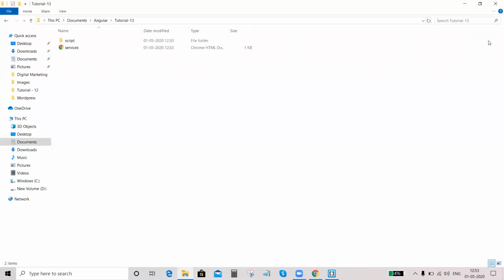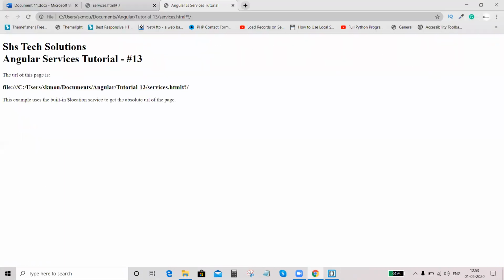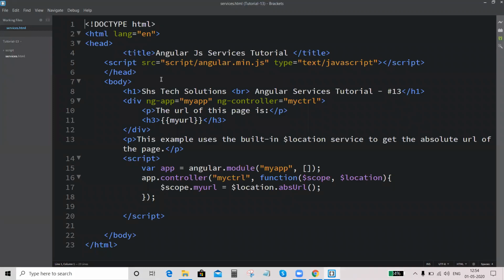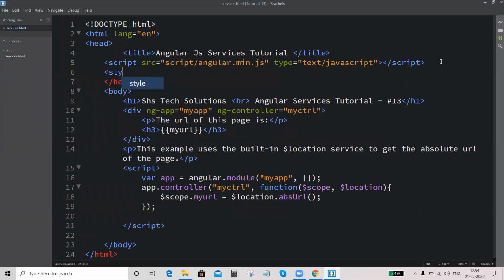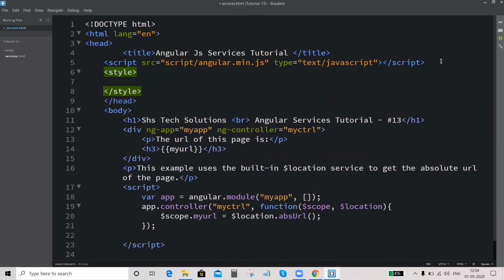Brackets. This is the output. This is the absolute URL of this web page. Next, here I will write a small CSS for this. Right?